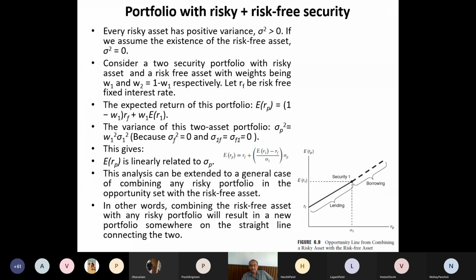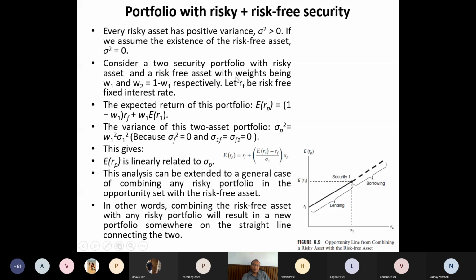So why should we take a risk? If you are not sure you will get a return of more than 6.1%, then you should not invest in the market, right? So I hope you understand this concept. So let me now take two such securities, where the risk-free rate is RF, which may be the risk-free rate in your portfolio, or it may be the GSEC rate, right? So even if you do not have a bond, you should consider it as if it is in your portfolio and replace this RF by the GSEC rate.